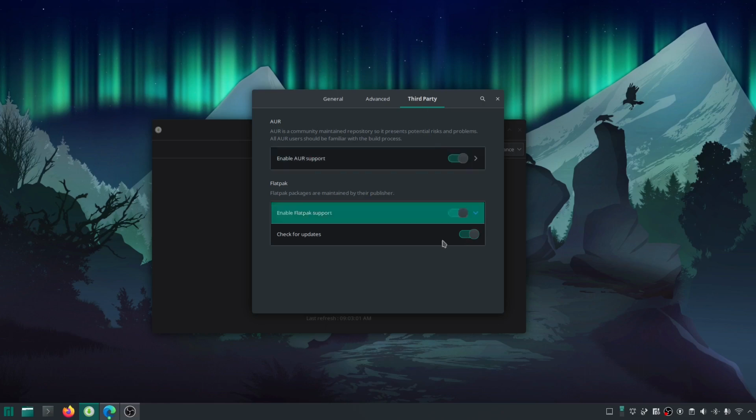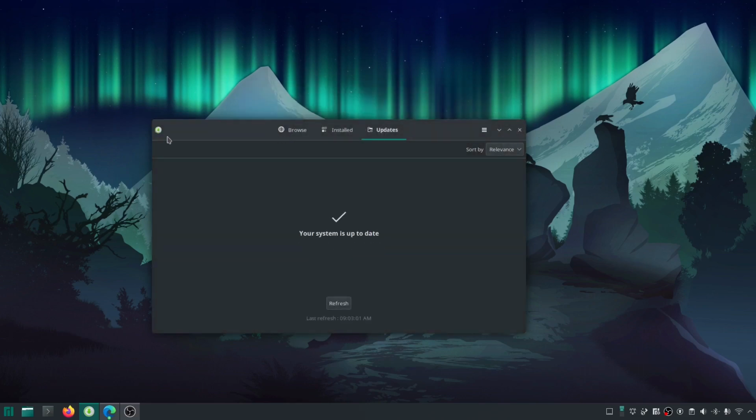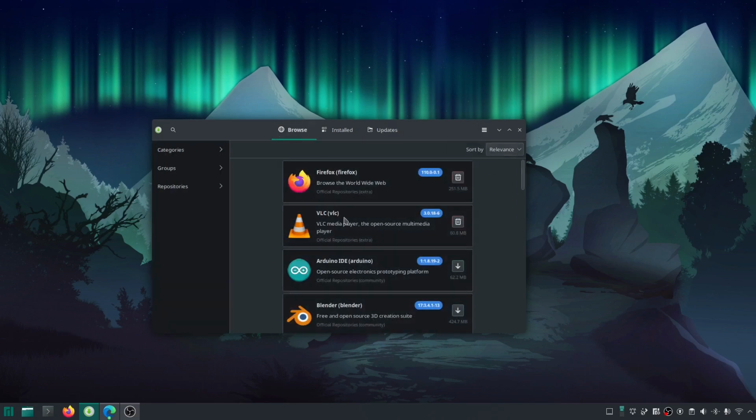for updates. Once you've done this, you won't see Flatpaks most likely appearing in the search if you try to search for an app. So what you need to do is go back to this hamburger icon, and you're going to click refresh databases. After that, you could check it again, but in my experience, you end up having to restart your computer before you would be able to go and search for Flatpaks within pacman. You can still install them from the command line if you want to, which you can get the install commands